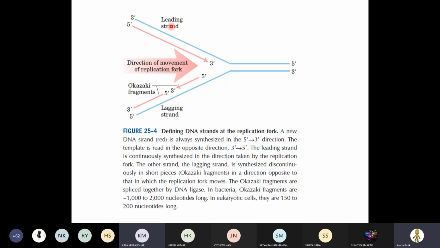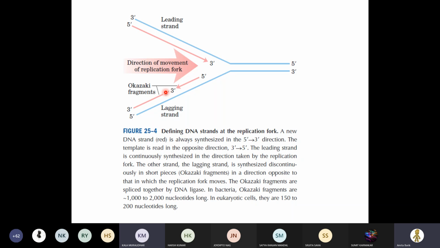So you don't get confused by what is written here; it should be like here. Leading strand is in the 5' to 3' direction, and the template strand is 3' to 5'. The direction of movement is in this way, 5' to 3' is continuously formed, and then Okazaki fragments are being formed, the lagging strand, and then they are joined through the